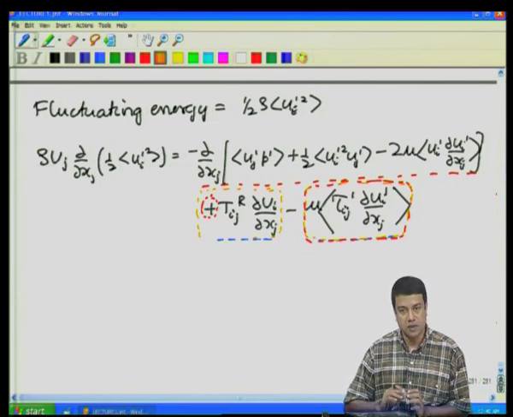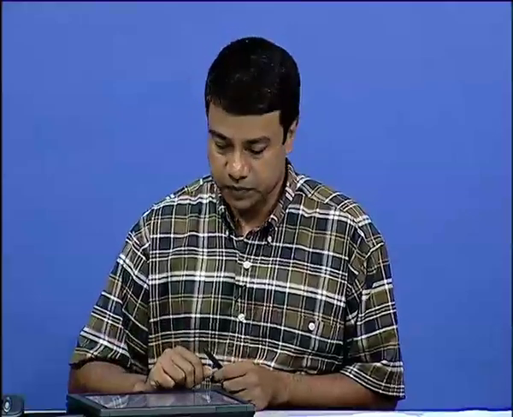In the equation for the fluctuating kinetic energy, this appears as a source. There is a sink due to the stress tensor double dotted with the fluctuating velocity gradient, and these two balance each other. A corollary of this is that since the Reynolds stress term balances the energy dissipation due to the fluctuations in the fluctuating energy equation, while on the other hand it was much larger than the dissipation in the mean energy equation, the dissipation due to the fluctuating velocities is much larger than the dissipation due to the mean velocities. So, most of the kinetic energy which is being generated by the mean flow gets transferred to the fluctuations.